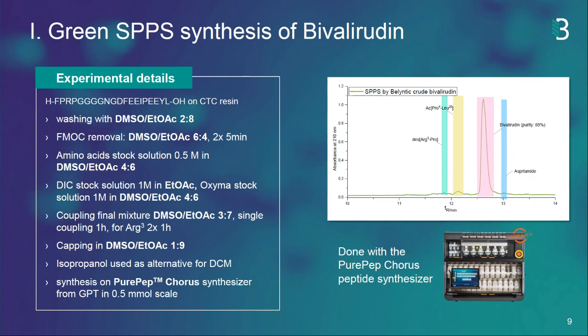We want to use this same green solvent mixture, the high polarity solvent mixture. The reason is that piperidine removal of Fmoc produces an anion, which will be stabilized by high polarity solvents. On the other hand, we want to use a higher concentration of amino acid stock solution,